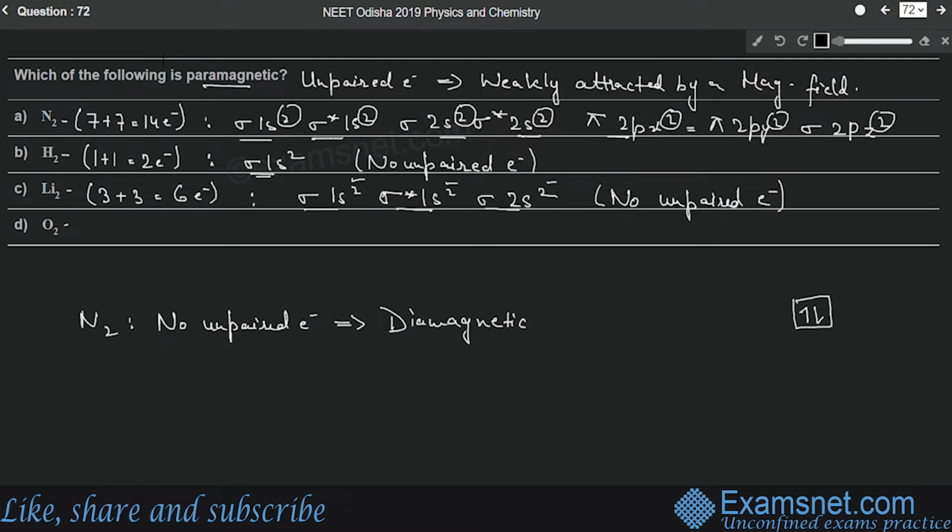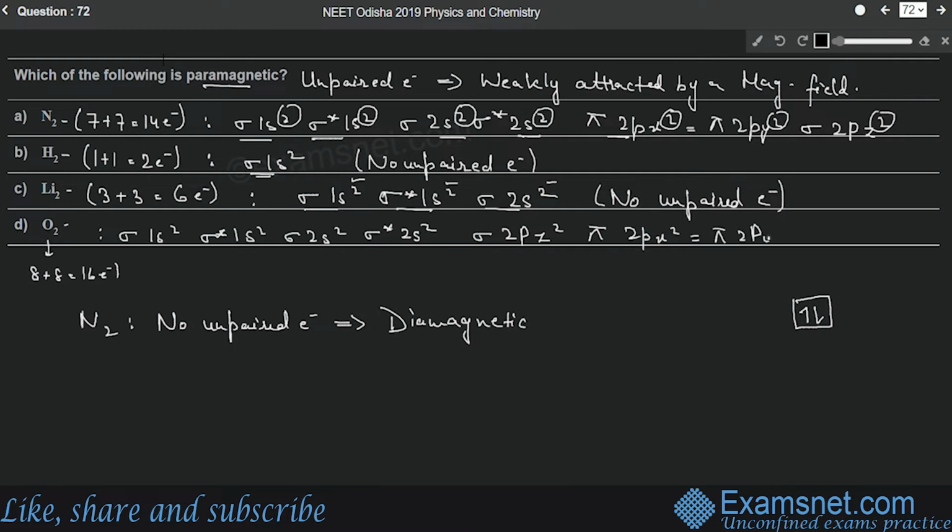Now the last one is oxygen. So oxygen atom has 8 electrons. So oxygen molecule will have 8 plus 8, that means 16 electrons, right? Now let's write down the electronic configuration of oxygen. So sigma 1s2, sigma star 1s2, then sigma 2s2, then sigma star 2s2, then we have sigma 2pz2, pi 2px2,